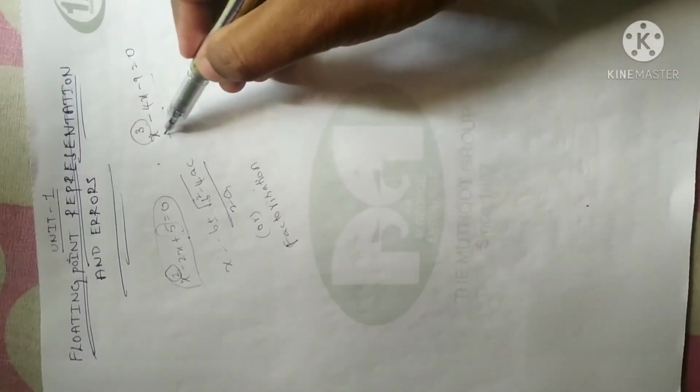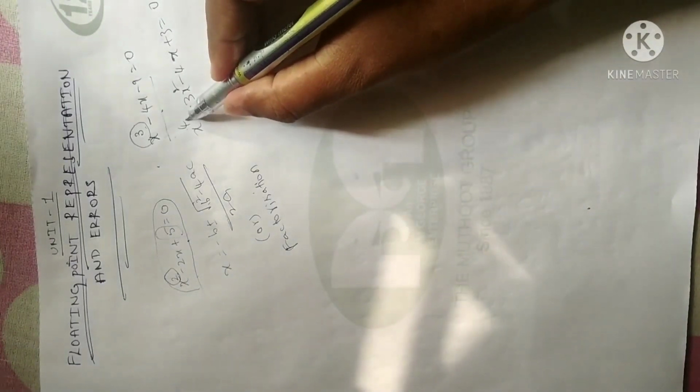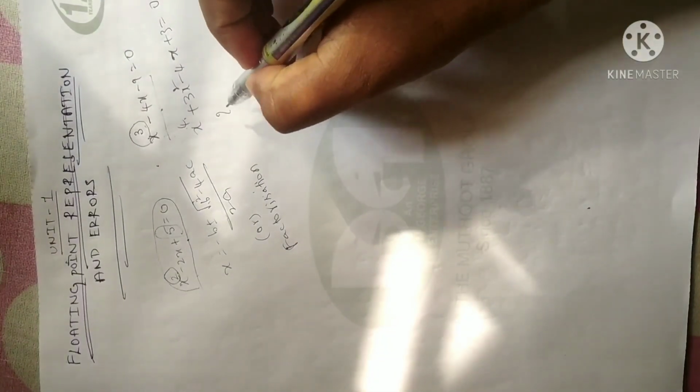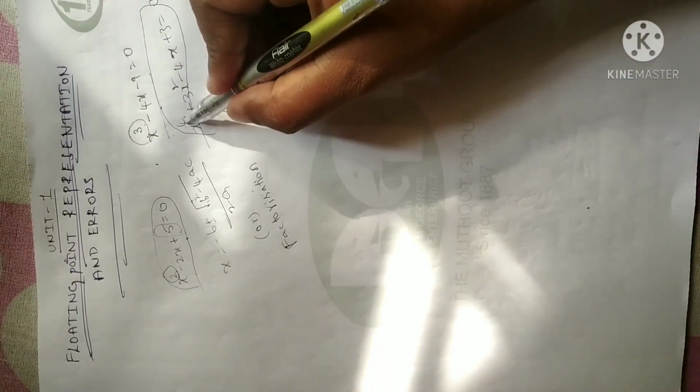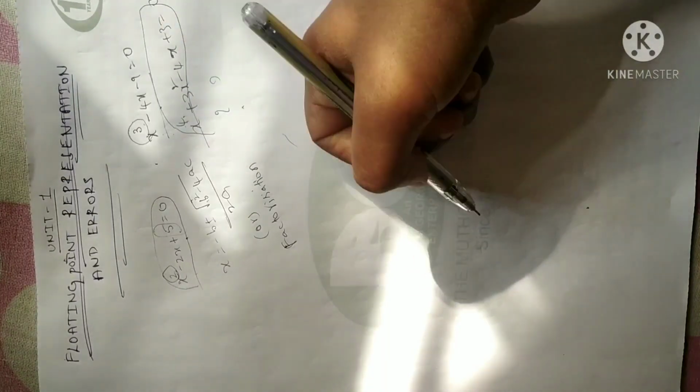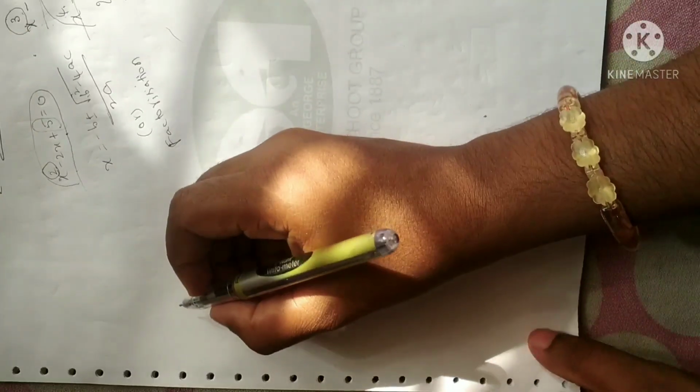Suppose you have one more higher power, like x power 4 plus 3x minus 4, like 4x plus 3 is equal to 0. This is an equation of degree 4. So you don't know the method to solve it. There is a question of how you can solve this kind of equation if the power of the variable goes on increasing. Here you have 3 methods to find roots of such equations.